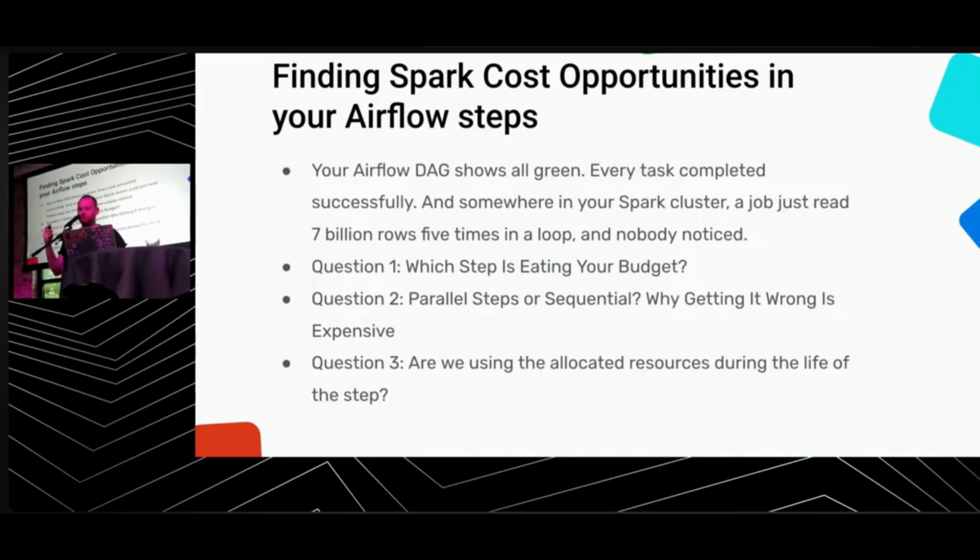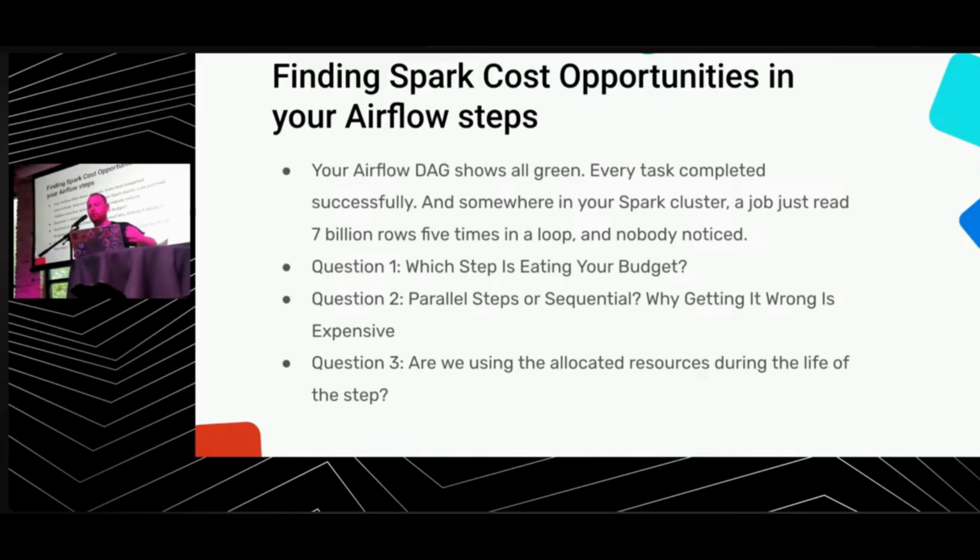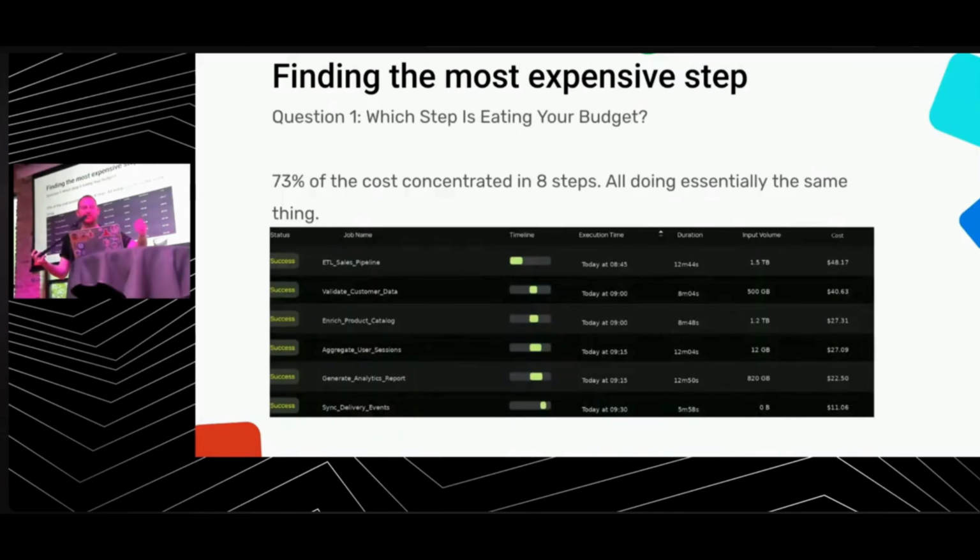So we'll touch on 3 questions today. The first one is: from Airflow, how do we figure out which step is the issue? Second, in Airflow, should we run big data steps sequentially or parallelize them, why should we choose each one, and what could the issues be? And finally, a bit about resource usage in big data and how it relates to Airflow. Feel free to ask any question; it will be kind of a conversation, not a formal lecture.